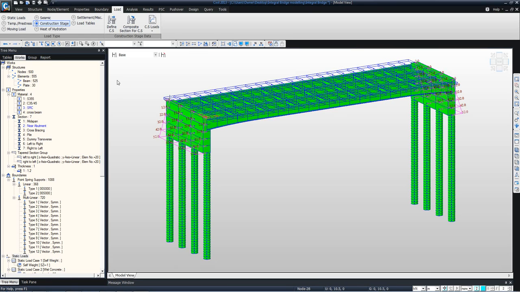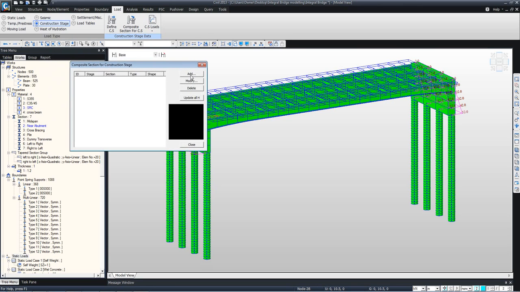So we will use a zero density material for the slab. We had already created a zero density material with same modulus of elasticity as the slab, which is known as the cross beam material. So we'll go to loads, construction stage, and composite section for construction stage, where we define